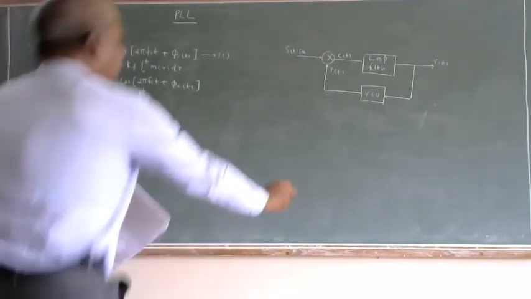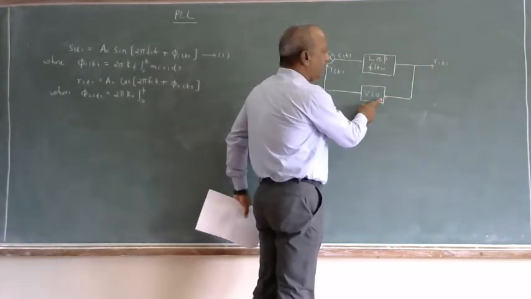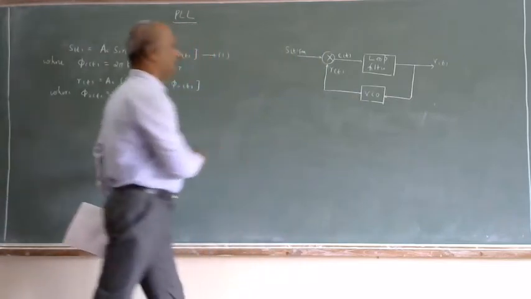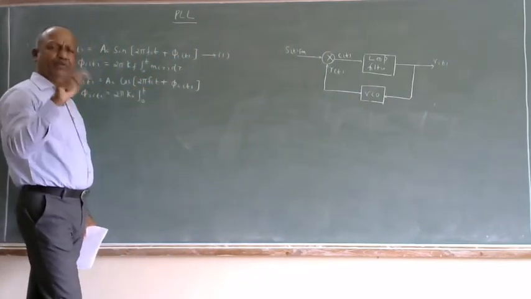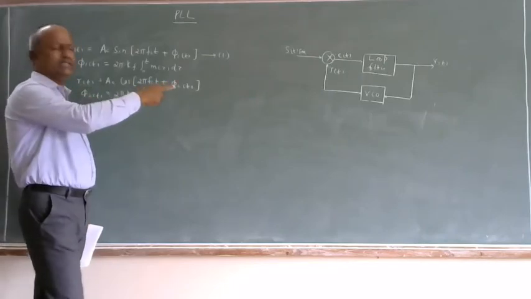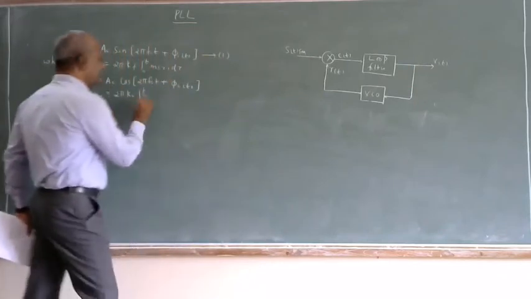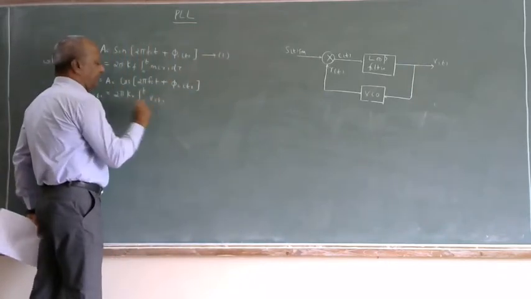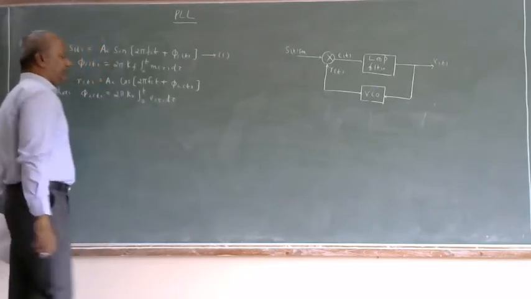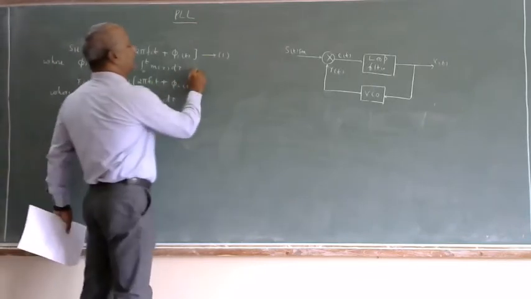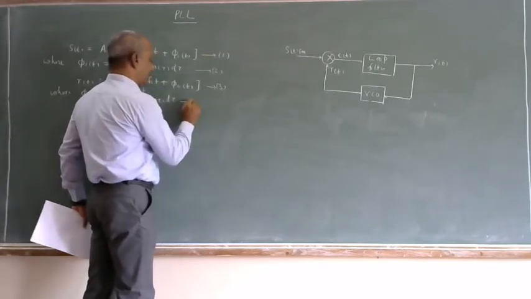What is the input here? As a control signal, I am giving v of t. The control signal is v of t. In case of FM, the control signal is m of t; as m of t changes, frequency changes. But in this case, the VCO control signal is v of t, integral of v of tau d tau. Call these equations number 2, 3, and 4,